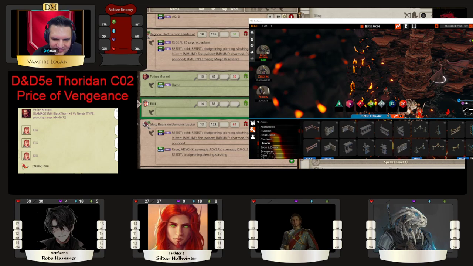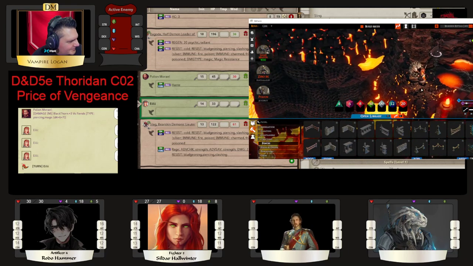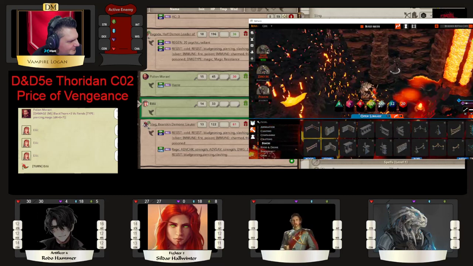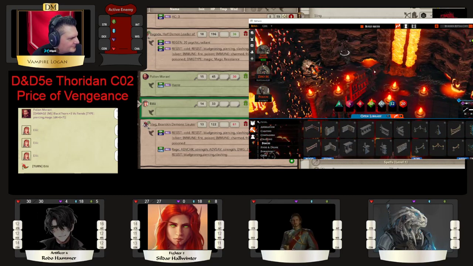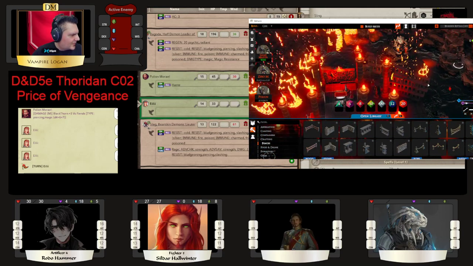Okay, so now we're on to Ailey's turn. And he was going to dispel, I think. Yeah, he was gonna dispel the wall. And then, alright, so go. But when you try and do that...